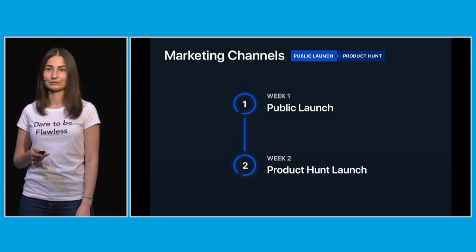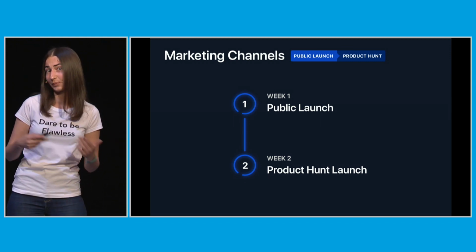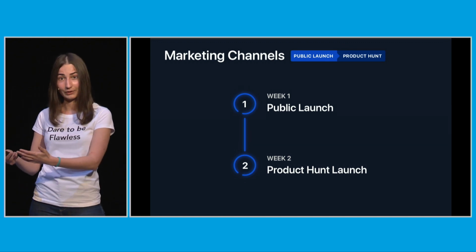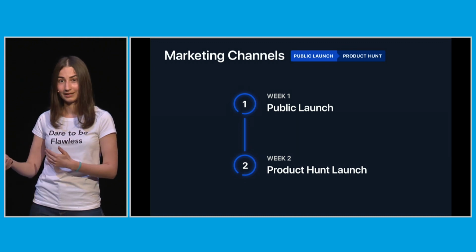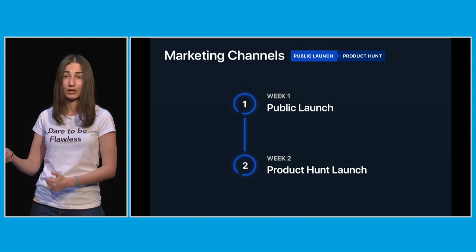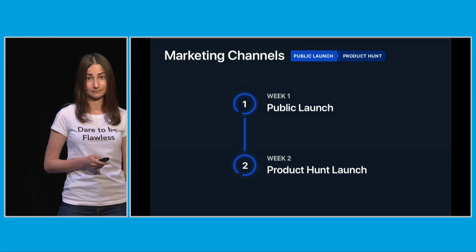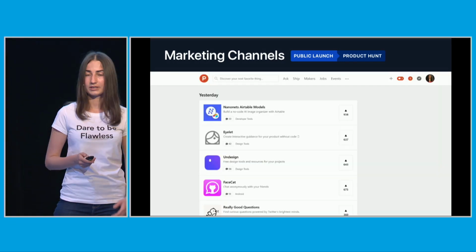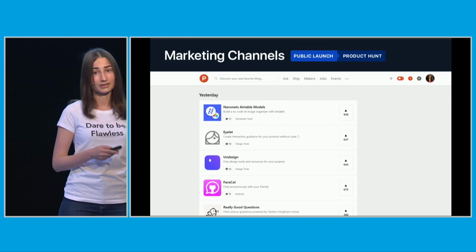As Christina already mentioned, sometimes what users tell they want is very different from reality. So when you publicly share your app, you can get the real reaction from people. You can see how they interact with your app, what their feedback is, whether they are ready to pay for it. To get even more user attention, you can launch on Product Hunt. We usually do that as a second week after our main launch. What is Product Hunt? It's a site for discovering tech products.